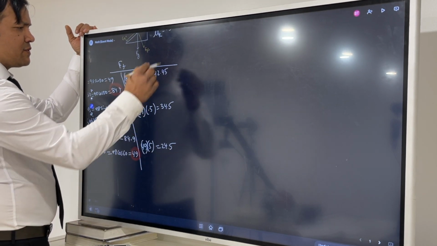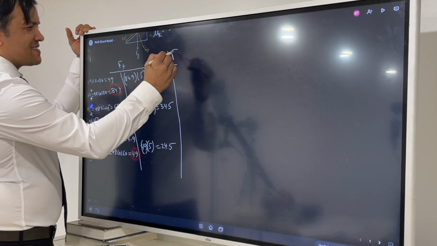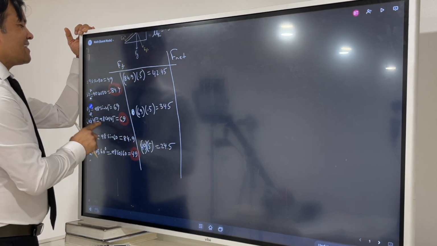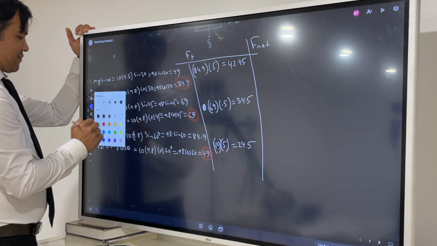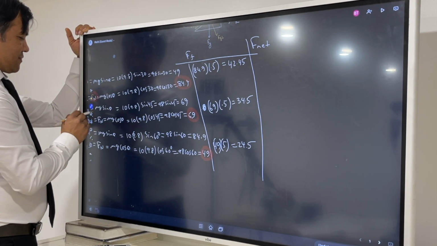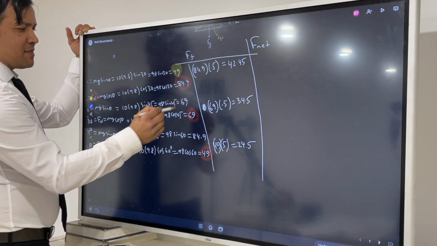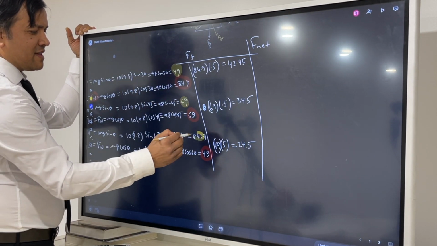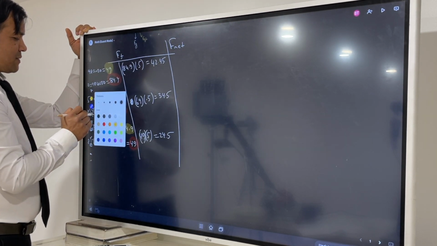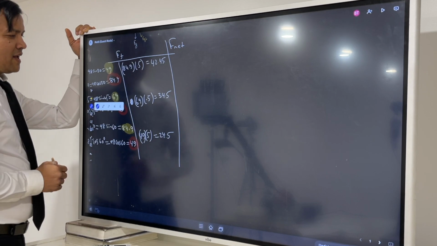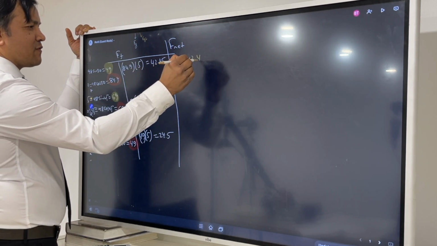Now what are you going to do? You're going to find the net force. So net force would be what? Net force would be the parallel component of the gravity minus the force of friction. So the parallel component of the gravity is 49 minus 42.45,